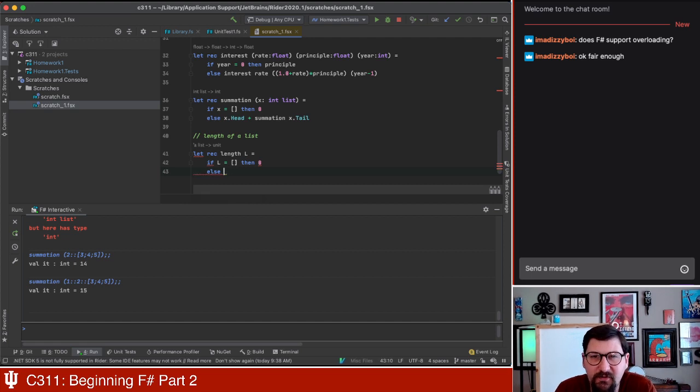so I'm going to do something. I take a value off, so the head, but I don't need the head because I don't care what the values inside the list are. I only care that that value existed. So it's really just 1 plus the length of L.tail,